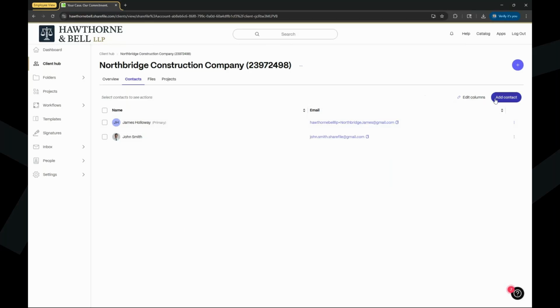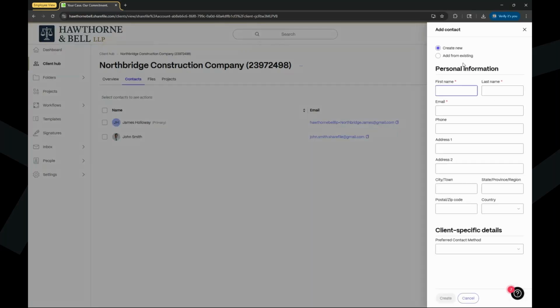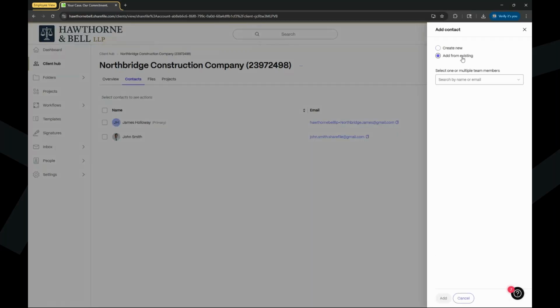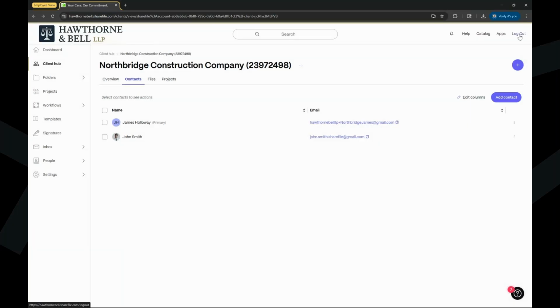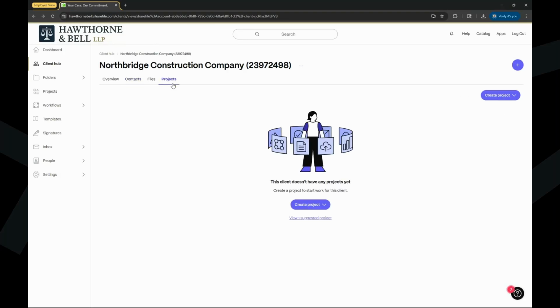Now, again, you can easily add contacts from here with either pre-existing contacts that are already in ShareFile, or I can create a new contact to add under Northbridge. I'm talking all through this because this is a really great way to establish a new project. This will help link that project directly to Northbridge, so I don't have to establish that link elsewhere. So what I can simply do is come over to the project section,